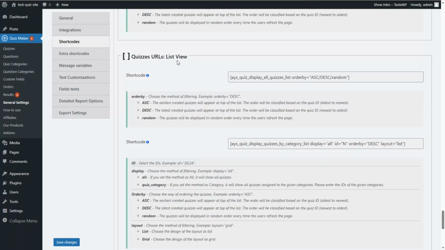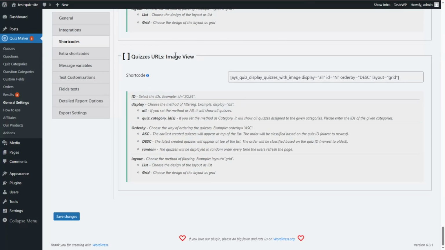The second one is list view. You can display your quizzes in a list layout. And the third one is the image view, which I have already displayed in the first part of the video. You can display your quizzes in image layout. As you have already seen how the image view looks like on the front end,